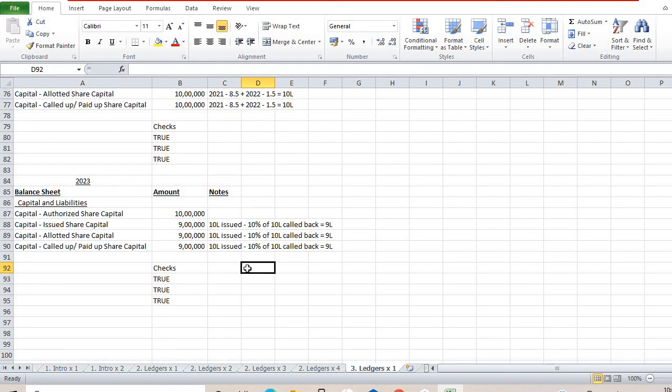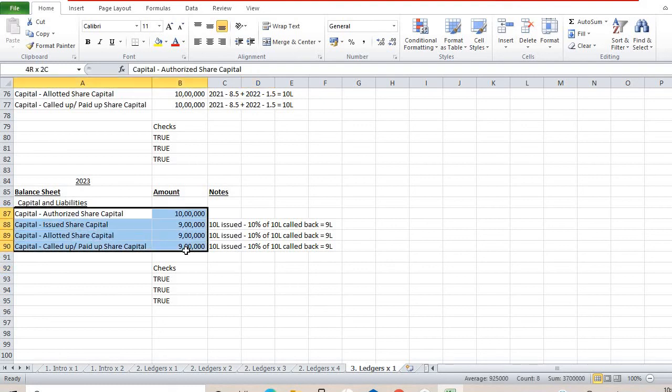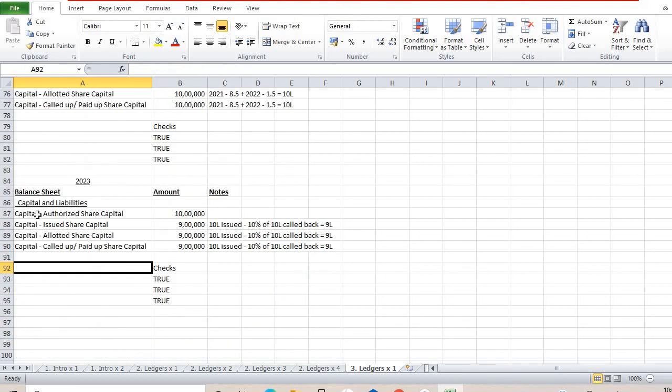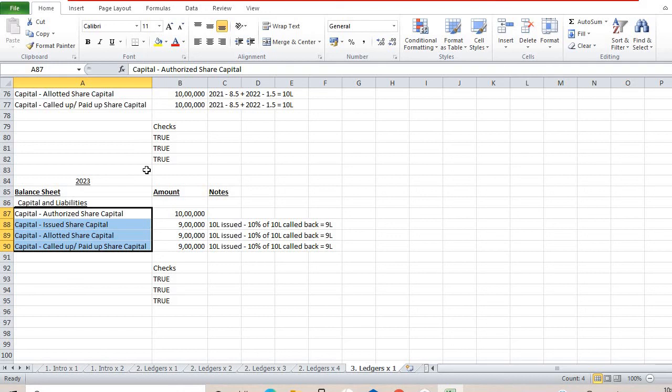Pardon my Hindi, it is extremely bad, right? But I hope you get the answer. I hope you get the idea. The idea is that your authorized share capital, issued share capital, and all of this is being modeled in a similar way. And to make it a little easier and to indent it a little more, what you can do is click this guy here. This guy will indent it for you.